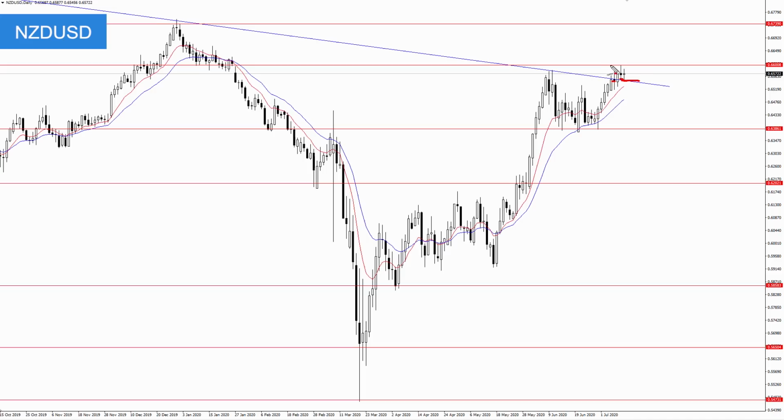Now, if 66.00 breaks next week, so we get a daily close above it, look for a move up to this swing high back here, somewhere around 67.40. Now, there will be some other key levels in here as well, including this area around 66.30/40. So if you'll notice back here, we have this high back here, and then we also have some lows and again some highs. So there will be some pivots through this area to keep an eye on, but I do think if the New Zealand dollar can hold above 65.50 going forward, that could be what it takes to see the pair run up toward that